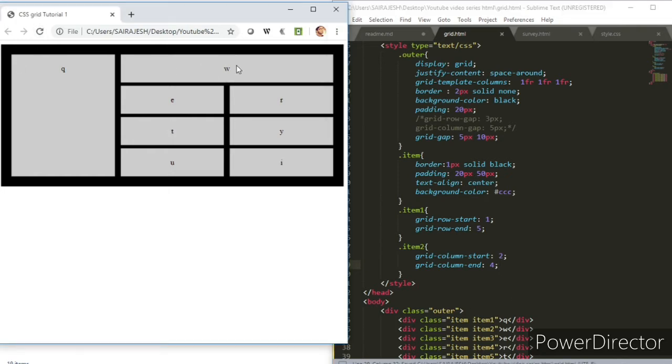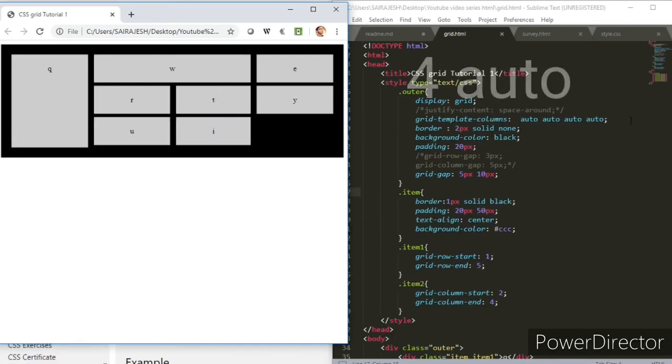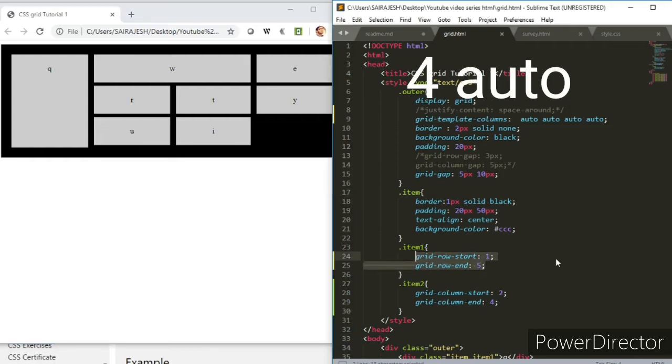So you can see the 4, this went all the way through, and then this is like that. I have made these auto. You can make it auto or fr, so it doesn't matter. So I made these auto, and I'll show you a shorthand which actually works out. All right, so let me just comment this out and then maybe show you the shorthand.